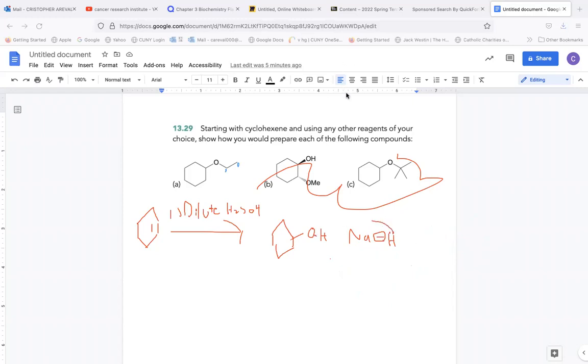Let's use the arrow in a different color so that it doesn't confuse anyone. We're gonna attack this right here. This is gonna be like this now. So it's gonna be O minus right here. We're gonna be left with